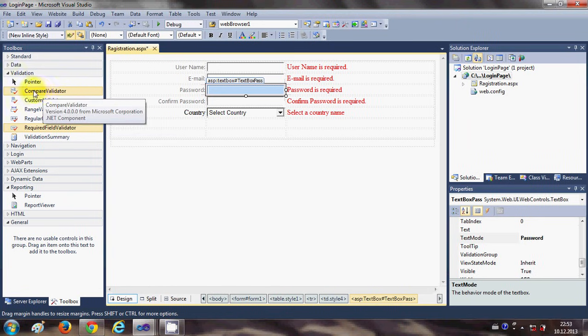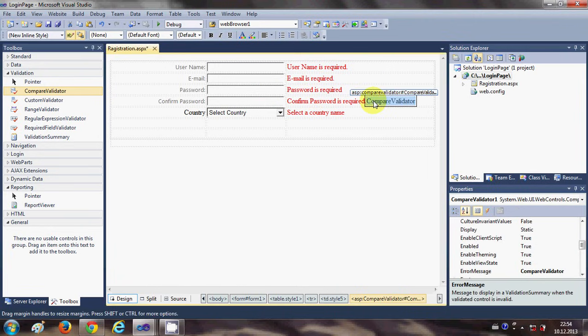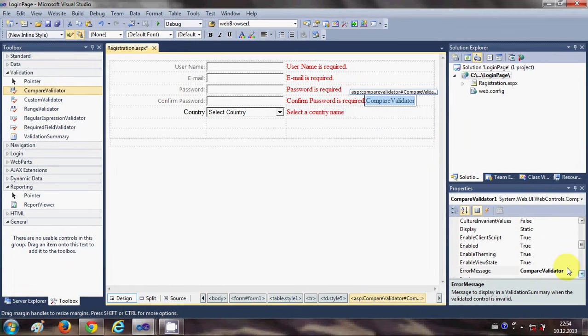There is a validator for this also, which is the compare validator. Just choose this compare validator and drag and drop it in this cell where you have confirm password is required, and in here change the error message. So you can say